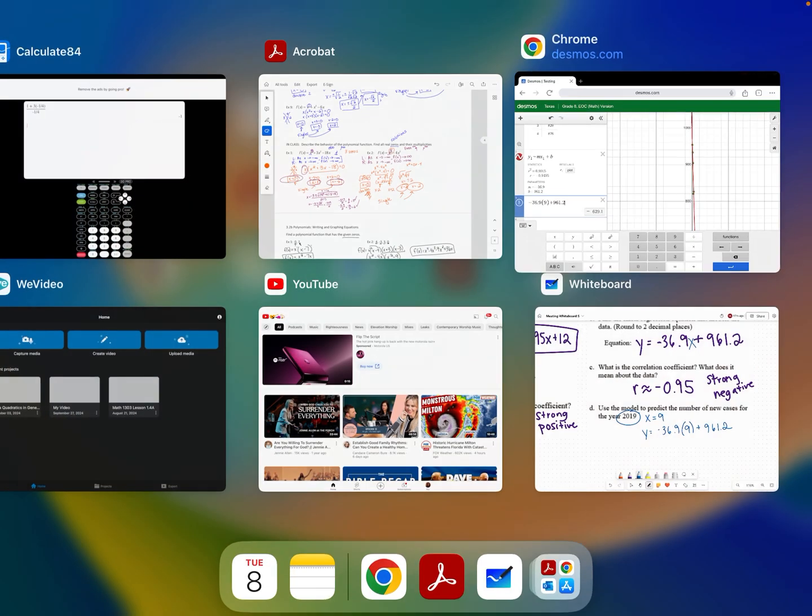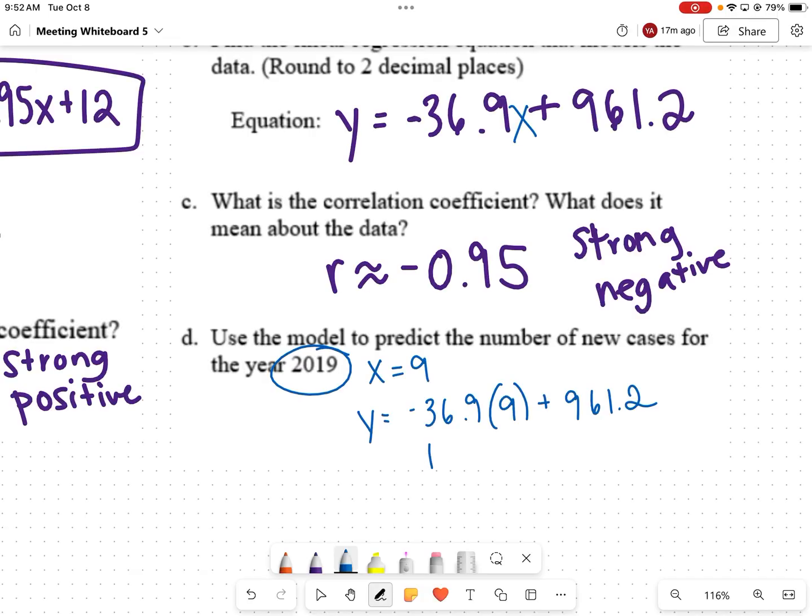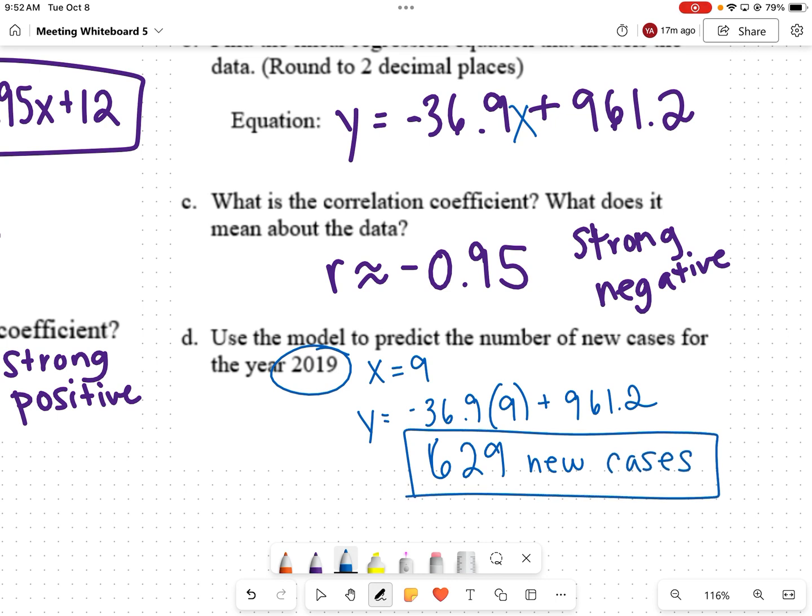We're going to round to a whole number on that. So 629 new cases. Okay, that is it for our